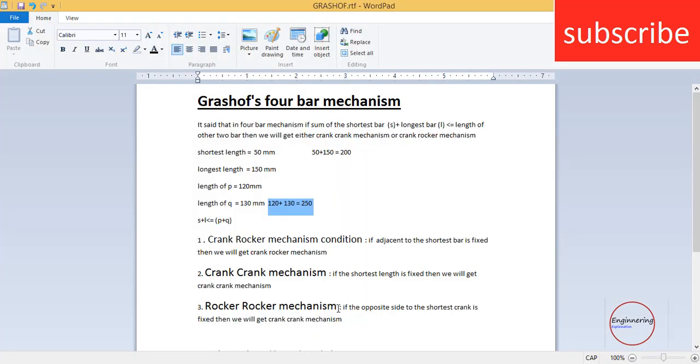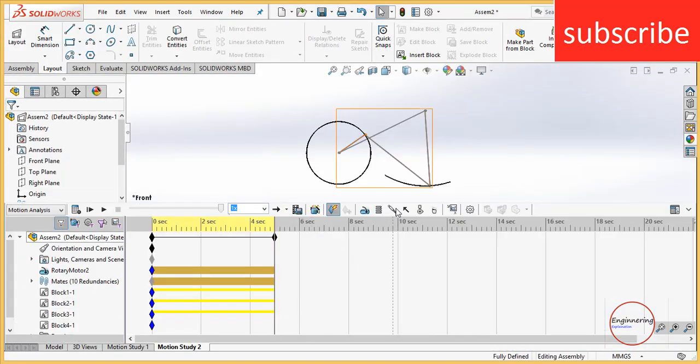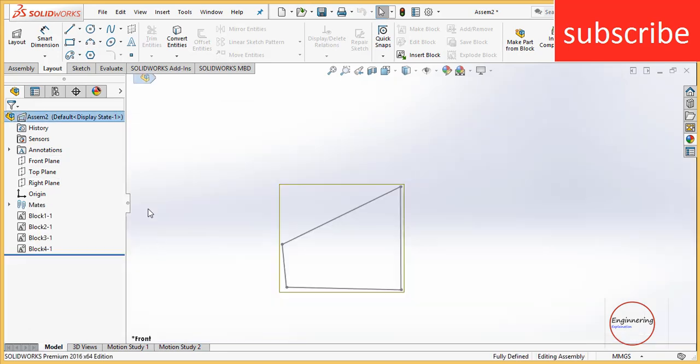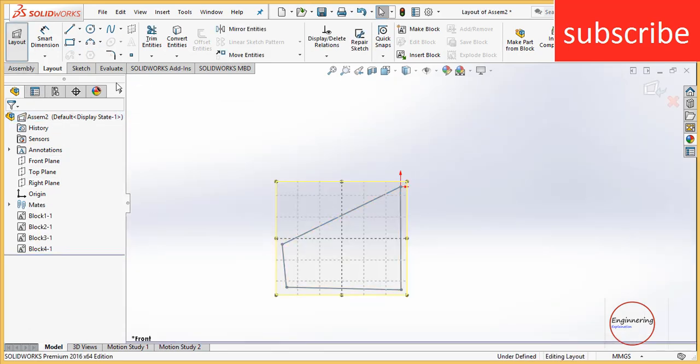Now the last one says if I fix the link opposite to the shortest crank, then I will always get a rocker mechanism. So let's verify this condition also. First of all go to model and layout.